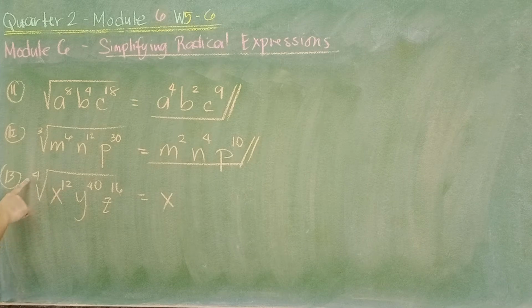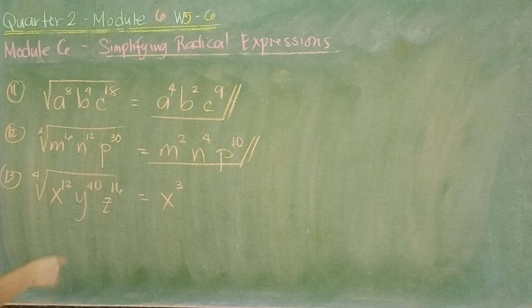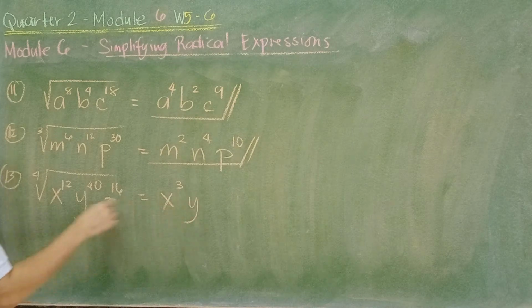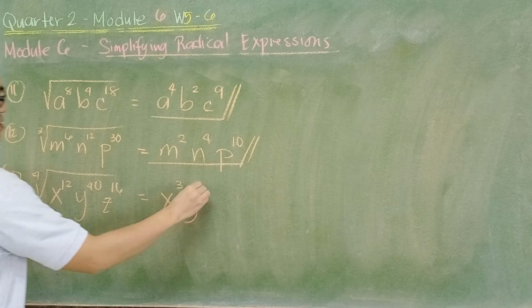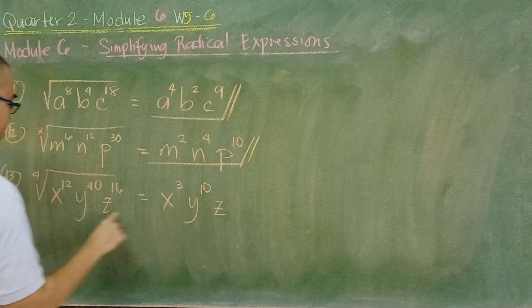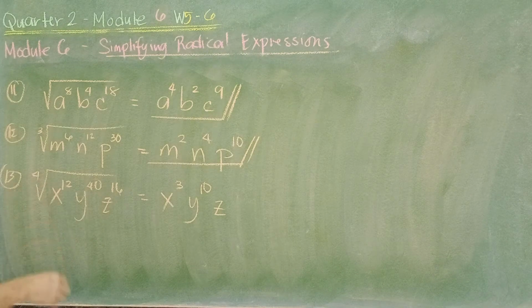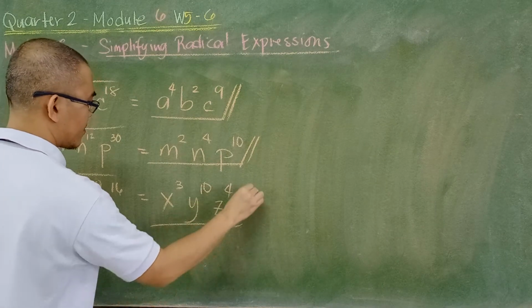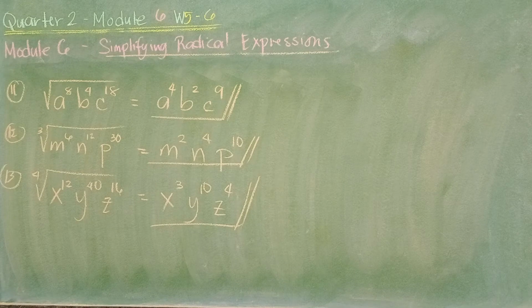12 divided by 4, that is 3. Para sa may y, 40 divided by 4, that is 10. For letter z, 16 divided by 4, that is 4. So, ganyan ang gagawin. Now, what if for number 14,